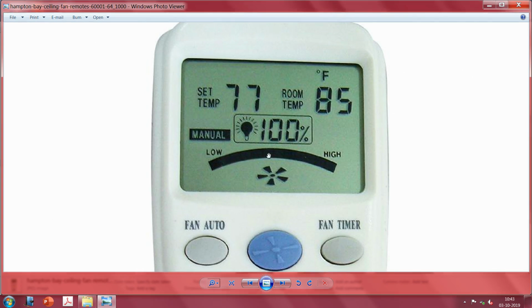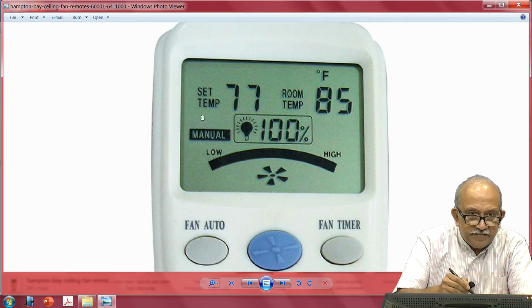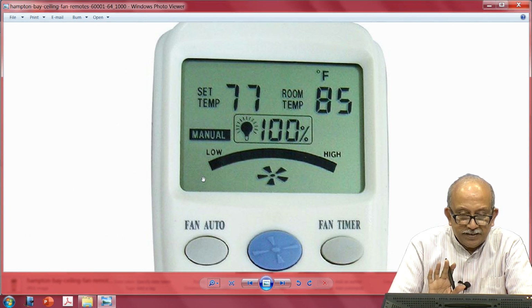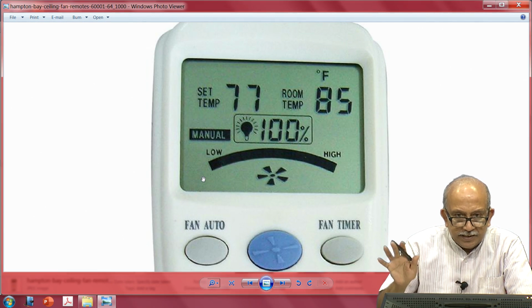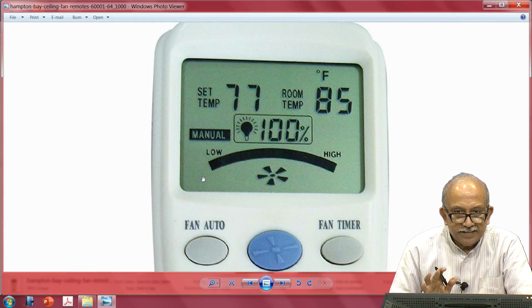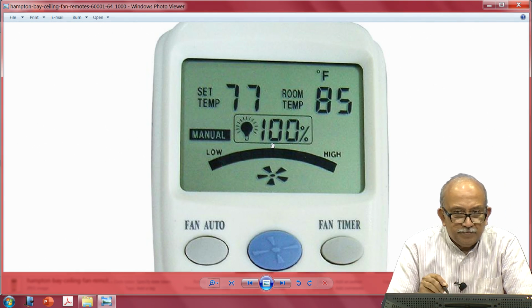Is it logical to have it left and right, or is it logical to have it up and down? High should be here, low should be, again my opinion. Absolutely, you need to carry out this test on a potential user, then they will be able to tell how to make it out and all that.